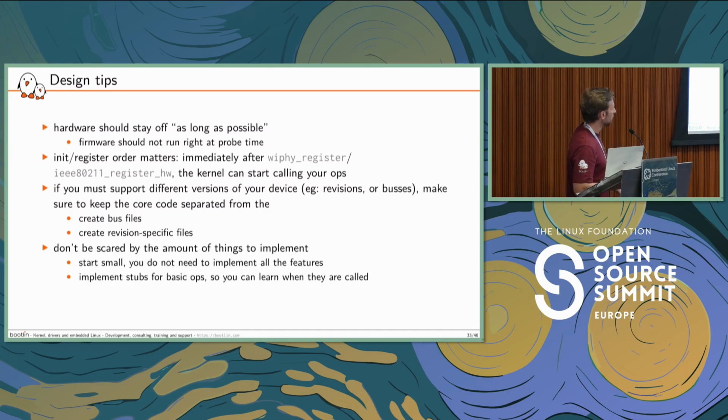And finally, don't be scared by the amount of things to implement. If you take a look at the mac80211 header and cfg80211 header, you will see lines and lines of operations to implement. You don't need to start implementing all of those. I've given to you here the very minimal set you may start with, and you do not even need to implement those. Just start by stubbing those, generate some logs from those, return some standard success code, just to learn how they will be called by the core depending on what user space action is triggered.